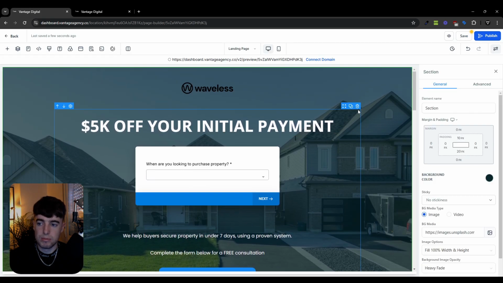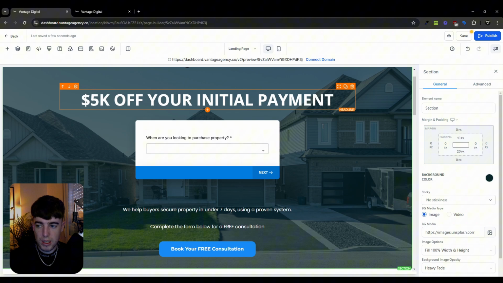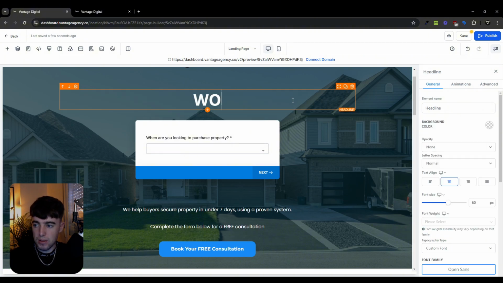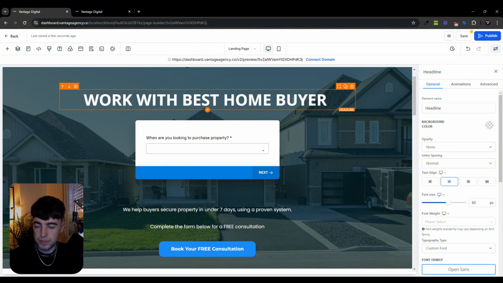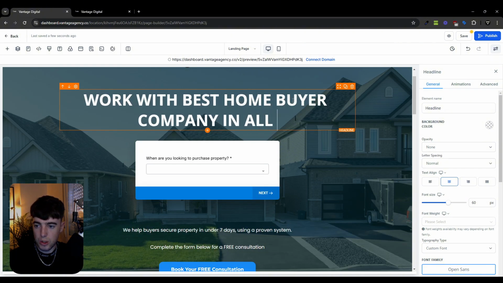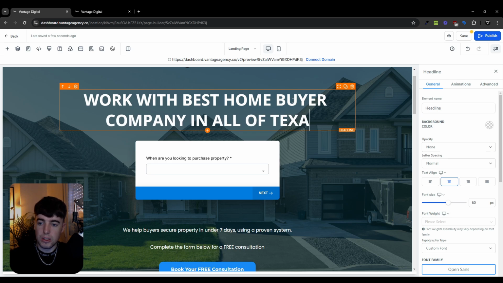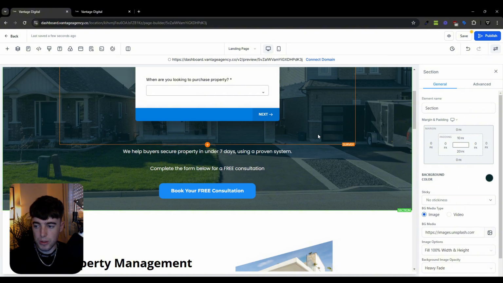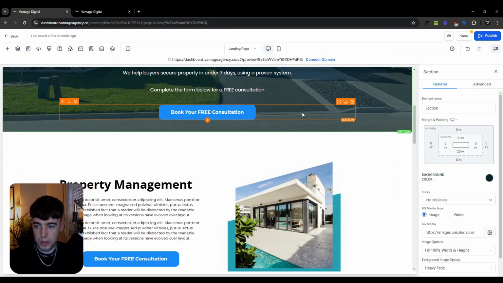I think it's pretty self-explanatory. It's pretty easy. It's pretty simple for somebody that joins. We could change the offer to work with the best homebuyer company in all of Texas. Say that was our headline. So we have a good headline, we have a survey, we explain what the offer is, we have our buttons,